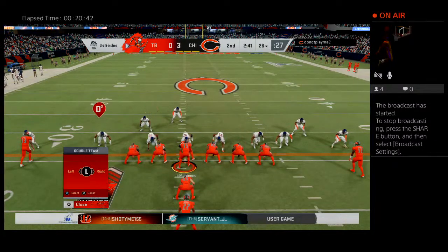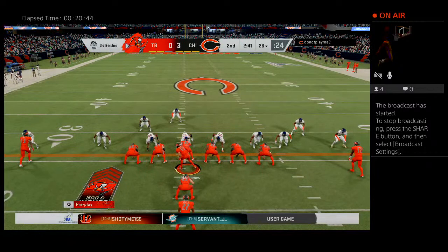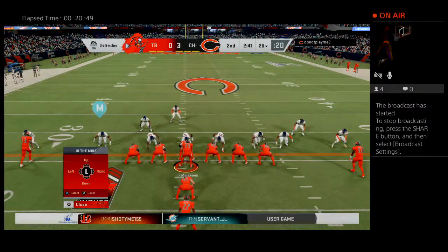Watch the eye. Hey, switch gears. Check out, read. Check 43. Safe. Hey,